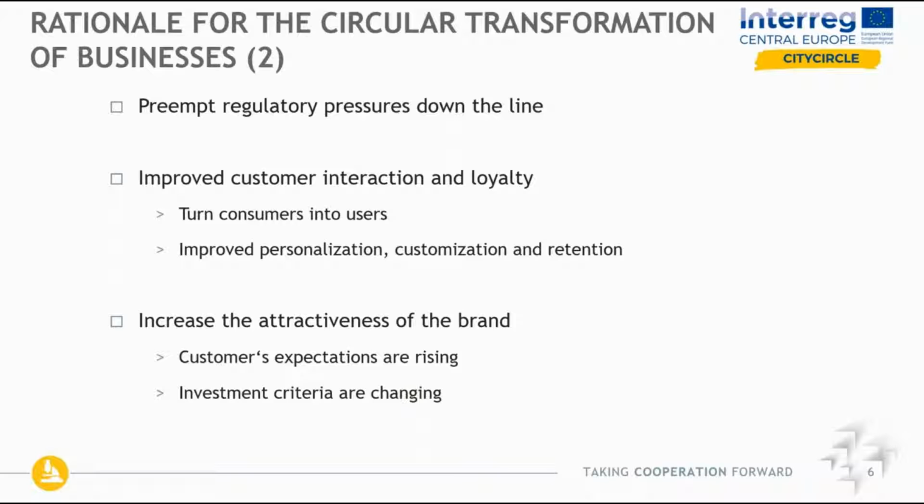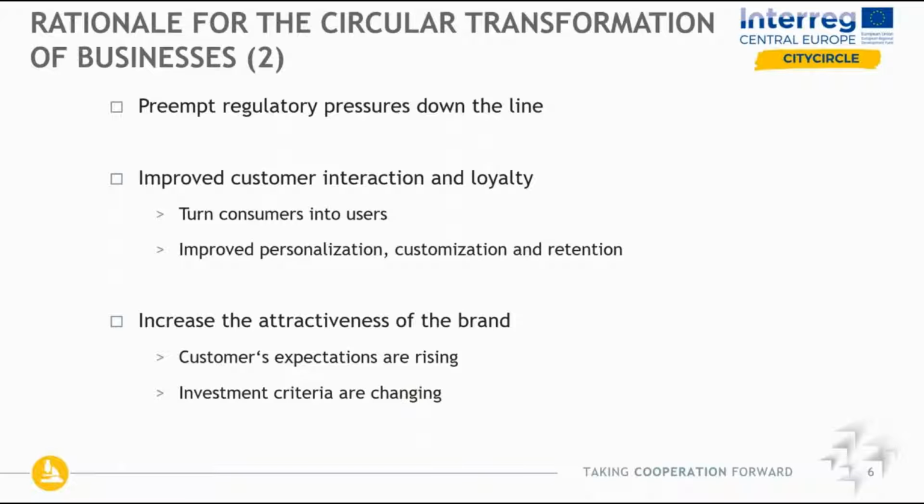So you can have a positive message to your customers by improving your position on the circular economy. And if you are, for instance, a startup or a larger company even looking for investments, there is practically an increase of consideration of circular economy criteria into investments from banks, from venture capital, also public funds. I can mention the example of Baden-Württemberg, the region where I'm active, who is now starting to work on the